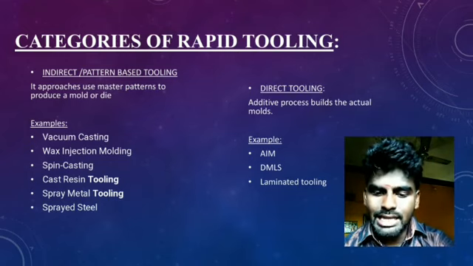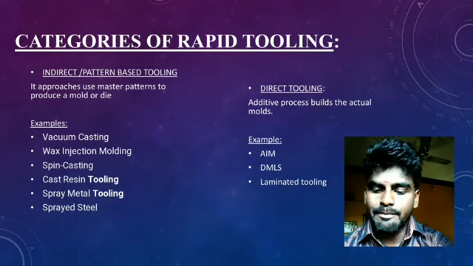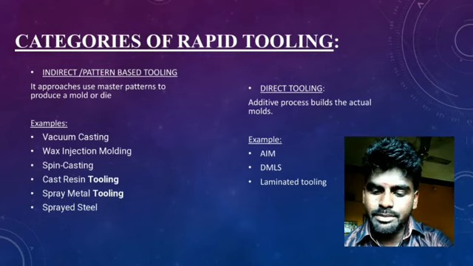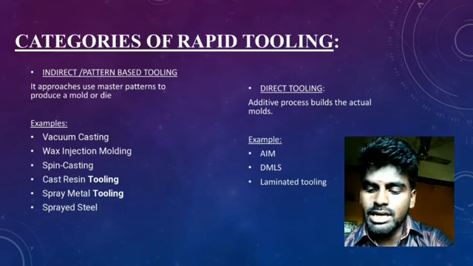Next, the direct method. In this type, an additive process builds the actual tool. Examples are SL injection molding. Some of you may not have heard the term SL. What is it actually? Accura Clearvue epoxy solid. DMLS, direct metal laser sintering. It is the net shape fabrication of prototype plastic injection molding and die cooling.